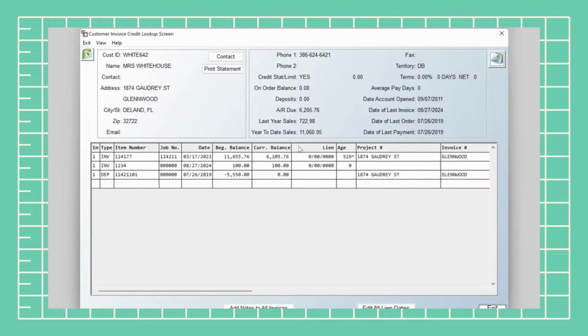Below the summary fields, we have your full details for that customer. What will be displayed here are any invoices, deposits, or payments that that customer has made so that you can see an overall status for this customer. One additional tool you have here in customer status inquiry is the ability to print a statement. If you would like to print a statement for this specific customer, you can simply hit the print statement button